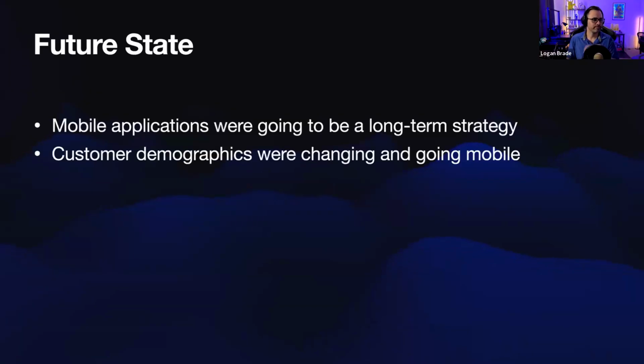Okay, future state. The future state of our mobile applications was going to be a long-term strategy. We were all in, or supposedly I thought we were all in. Of course, our customer demographics were changing. At the company I worked for, our average demographic was white male over the age of 55. We realized our customers were starting to change. We were getting younger, more diverse people in, and we realized that mobile apps were going to be a way to reach out to that new customer